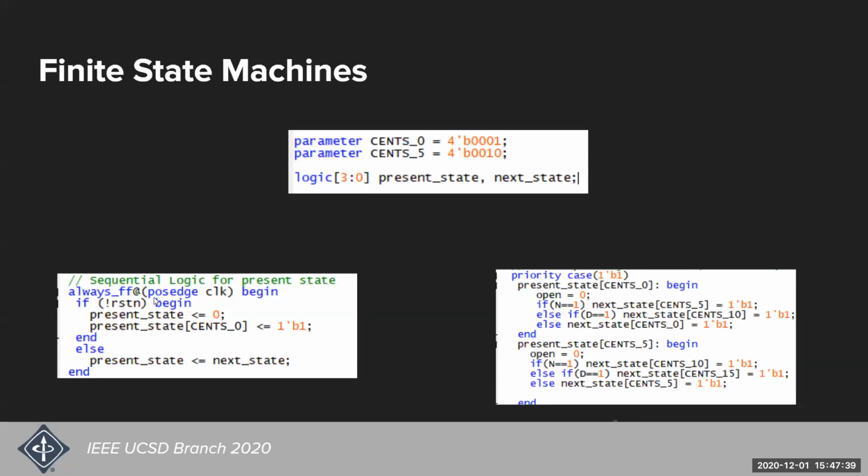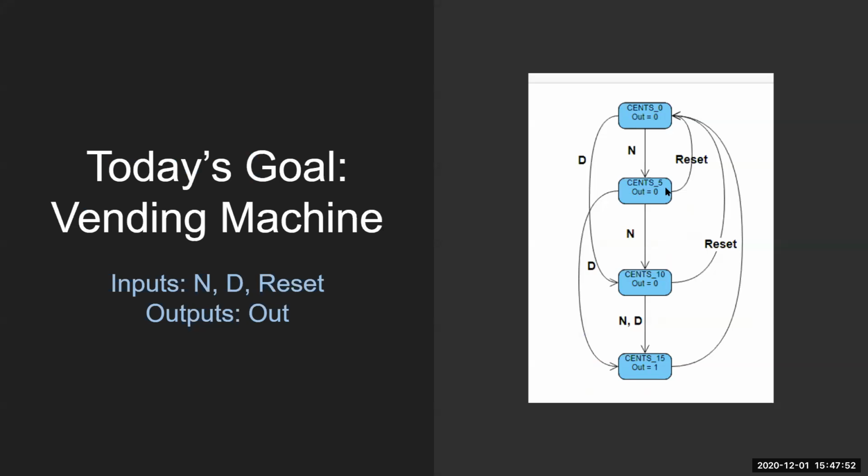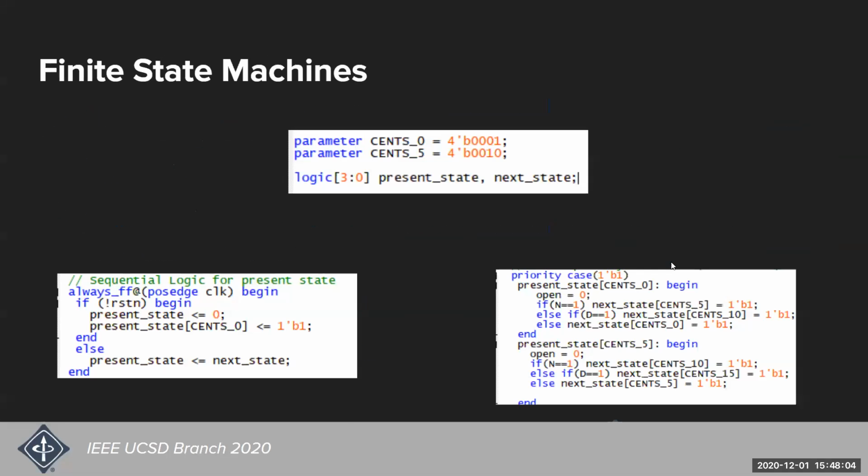Because we're working with a sequential device, we're going to be working along a clock pulse. So that's why we're using always_ff. And then in our state diagram we had way back at the beginning, let's actually go back to it. For every state, if a reset signal comes in, we want to go back to our original state. So all of these will reset. And then depending on what state we're in, inputs of nickels or dimes will tell us which state we're going to go to. But going back to here,